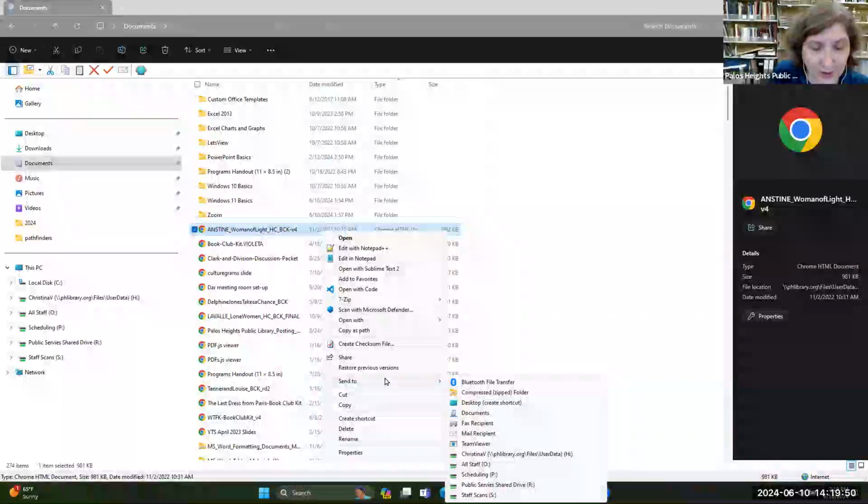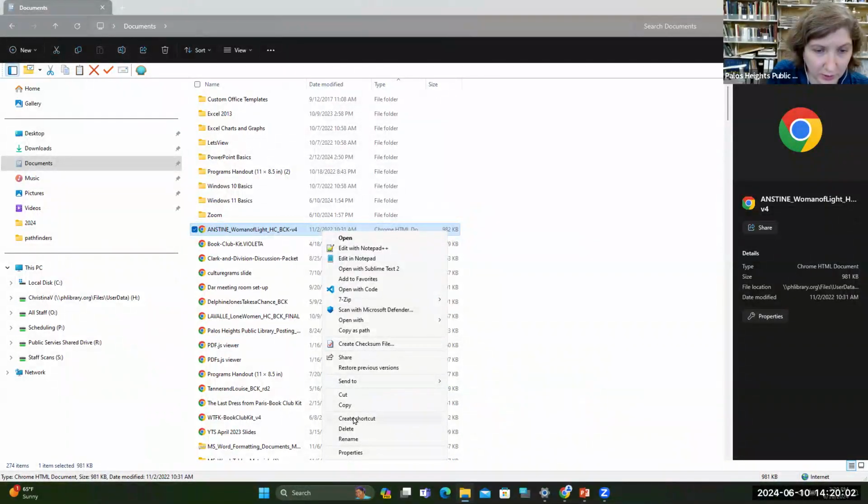This allows you to send to another file folder on your computer, and you can choose which folder you want to send it to. Cut and copy. Create shortcut will create that little icon for your desktop. So if there's a file you know you're going to be working on a lot and you don't want to go through the whole File Explorer, you could create a shortcut and it would just create the little icon on your desktop for you. Delete, rename, and again, properties for the file.